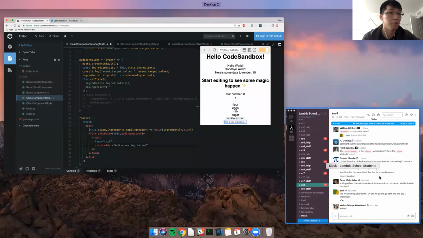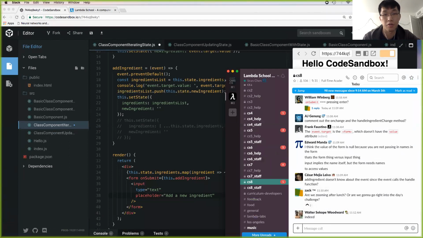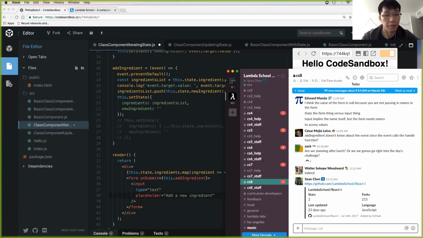So I will post the link. Actually, let me just do that right now. So I'm going to post the link here. Try to get set up with it as best you can with like npm installing React and stuff like that. Well, node and npm, which hopefully you all already have, but if you run into setup issues, definitely notify the help channel, and I or a TA will try to help you get sorted out. But basically, in this, you're going to be implementing a little